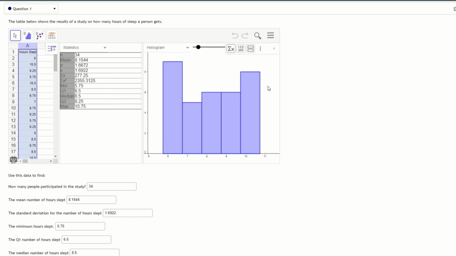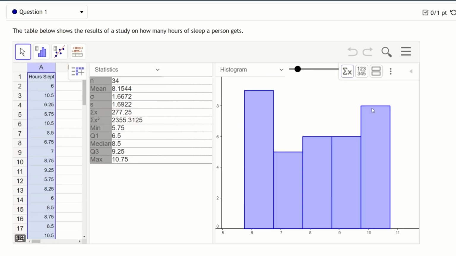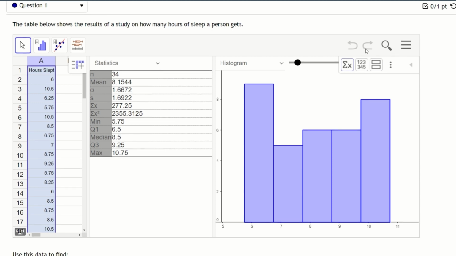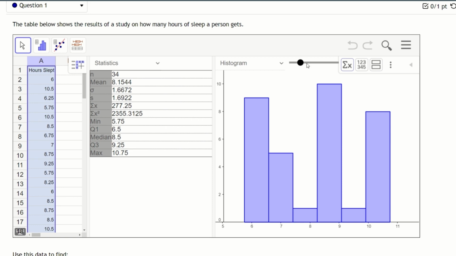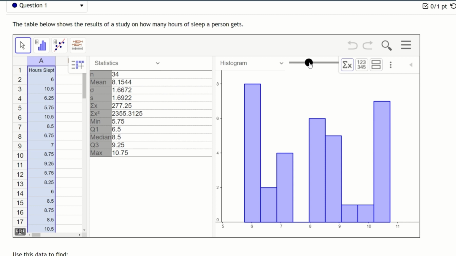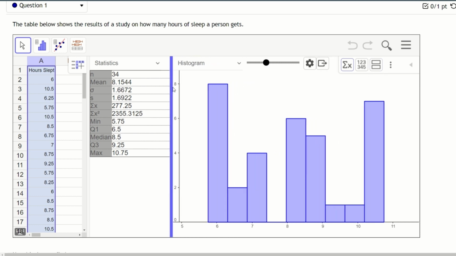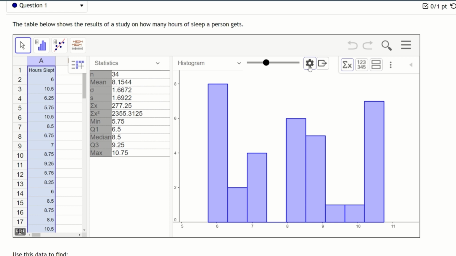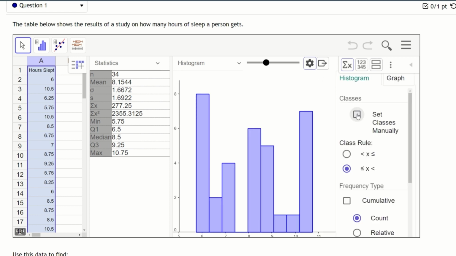Finally, while we aren't asked to do this in this problem, GeoGebra provides several other tools for creating graphs. Let's return to the histogram. The slide bar here at the top allows me to adjust the width of the classes. I can gain additional control by using the gear symbol here and setting the classes manually,